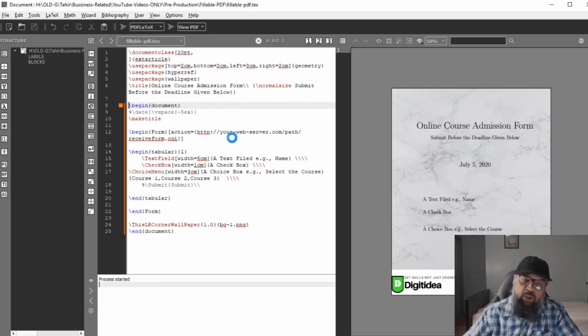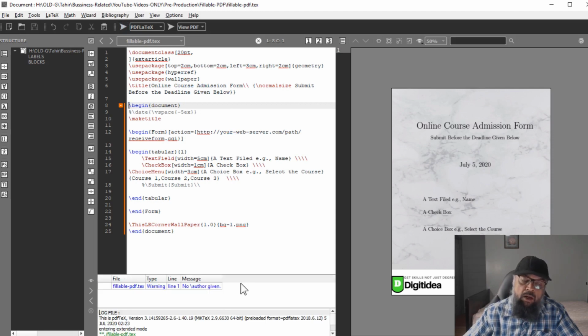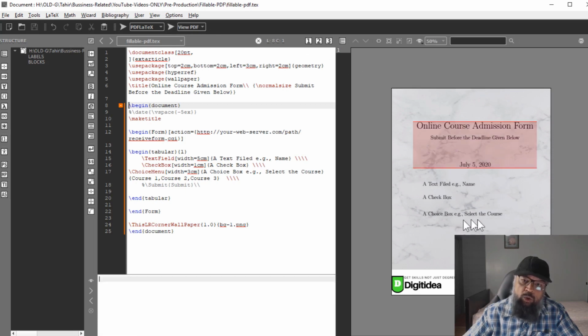So because LaTeX could not write on my PDF, it was opened. And now if this is green, it means everything is fine. Now to view this PDF, because this is the older version, you click on this arrowhead, and now you will see something like this, something will happen here,